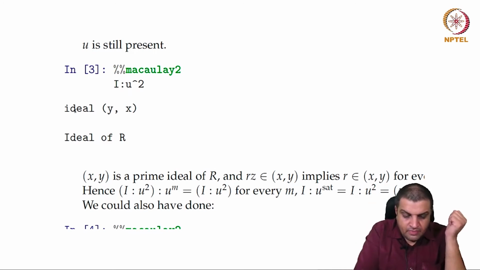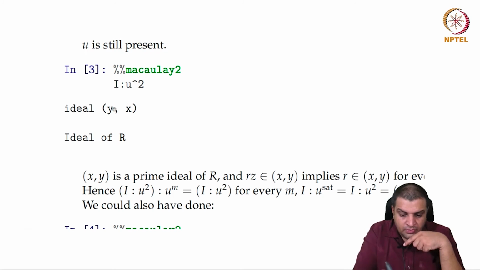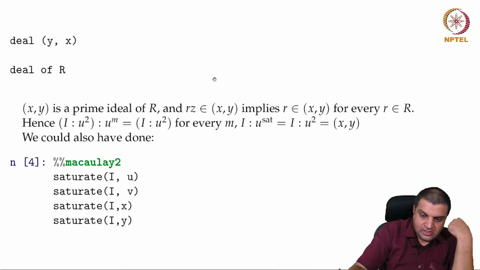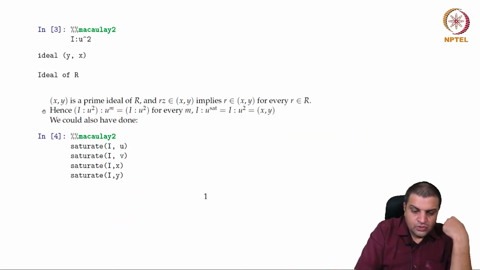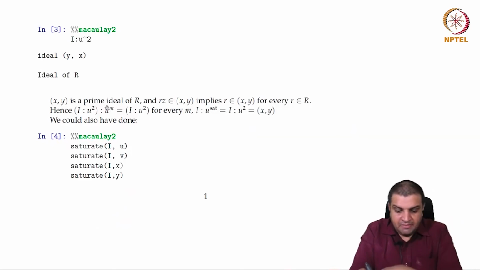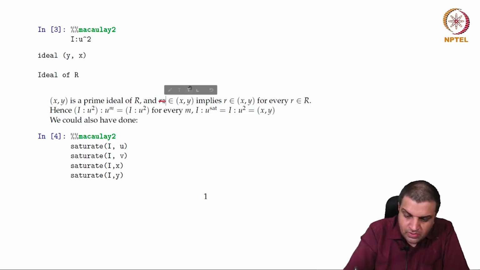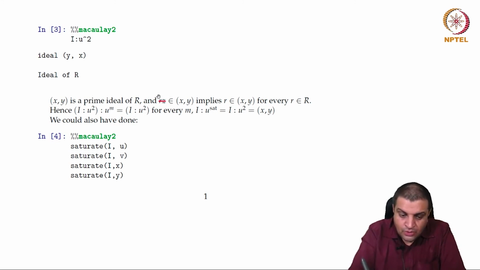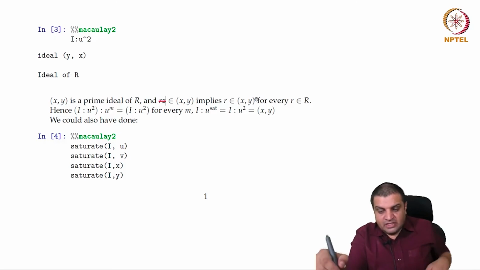Okay, and then we get this output, which is y comma x, ideal of R. Okay, so now let's see. So x comma y is a prime ideal of R, and if Rz is in x comma y, sorry, that should be R times u. Ru is inside x comma y, it would say that